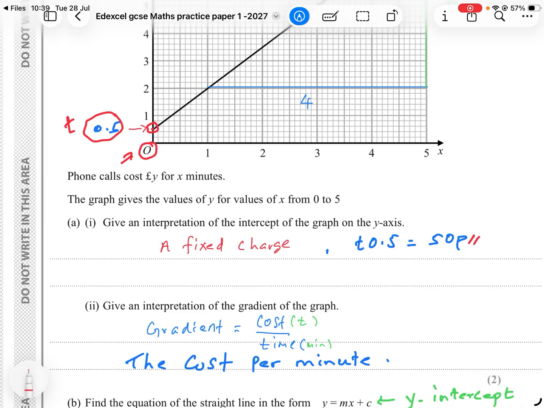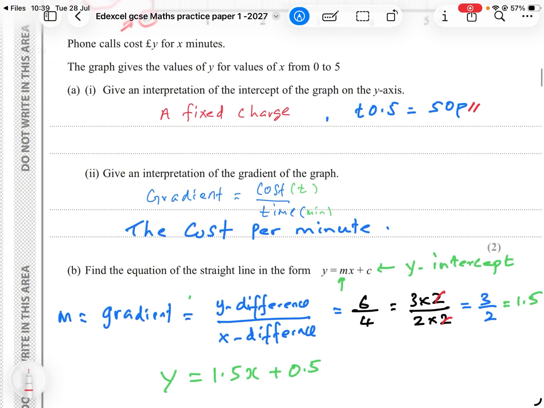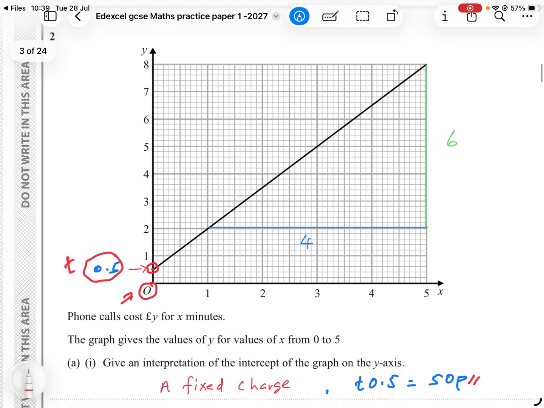Give an interpretation of the gradient of the graph. Normally, gradient is y difference divided by x difference. What does that mean? If this is your straight line, y equals mx plus c, to find the gradient,